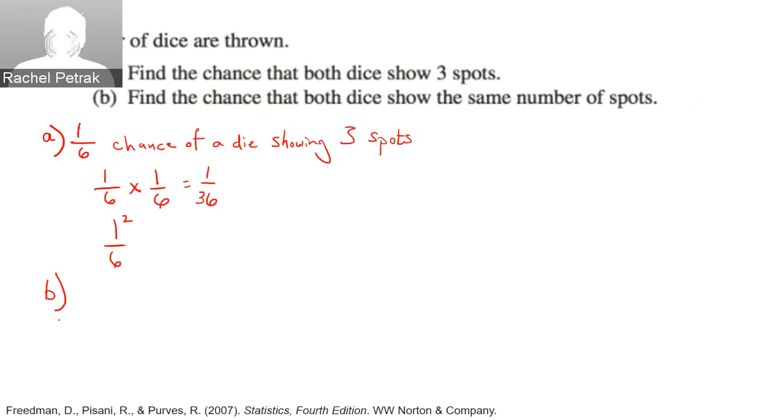For part B, we've got a somewhat different scenario. We need to find the chance that both dice show the same number of spots. We can imagine that one of the dice is white and the other is black. And to help you frame this, no matter how the white one lands, the black one has a 1 in 6 chance to match it. So the chance that both dice show the same number of spots is always going to be,